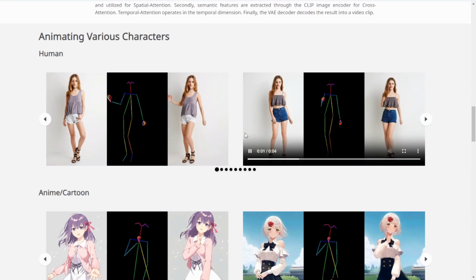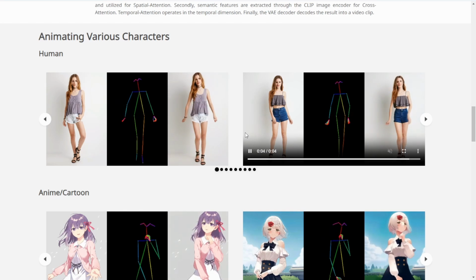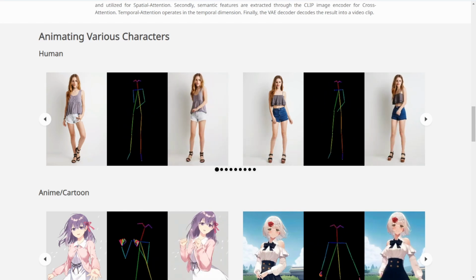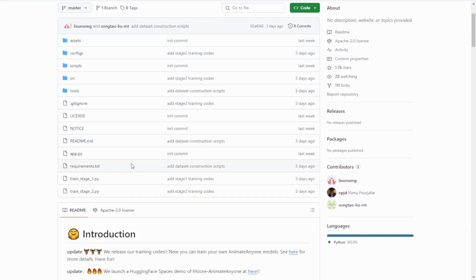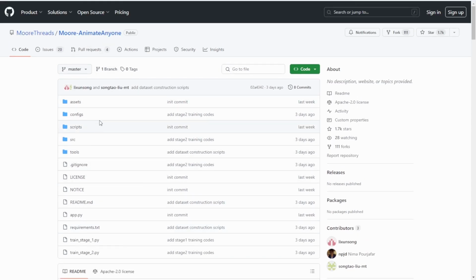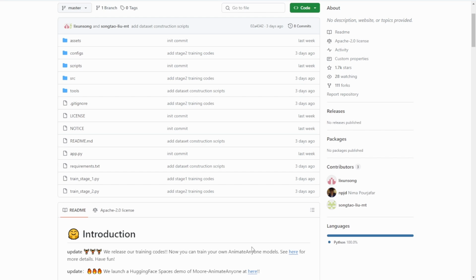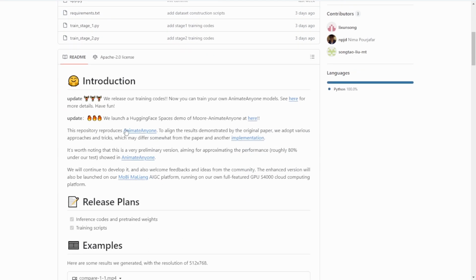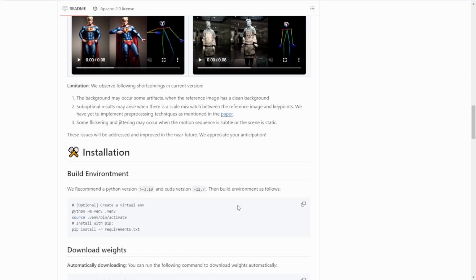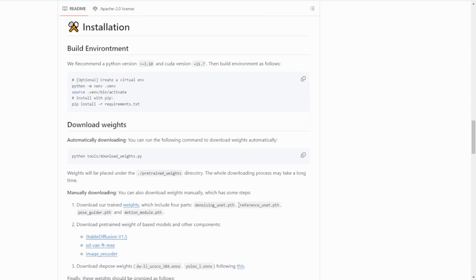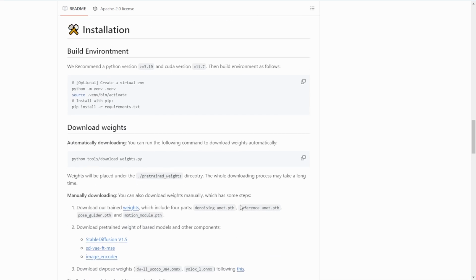But when I checked 2 days ago, they had released their GitHub page, which has all the source code here. You guys can check it out, and I will put a link on the screen. So yeah, check this GitHub page. You see all the information that you need to run this, and also some examples. But their requirement is kind of high. I have tested before, it is going to be using